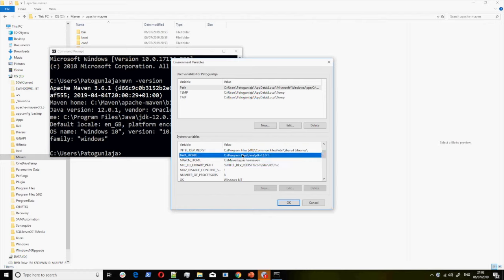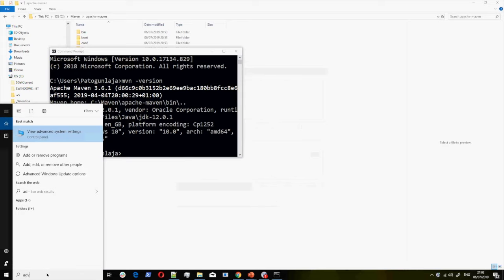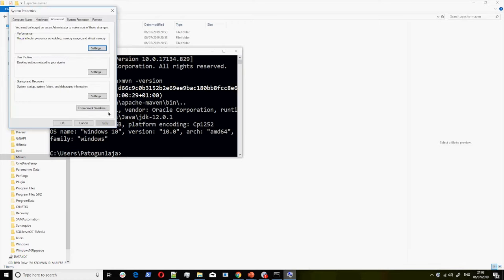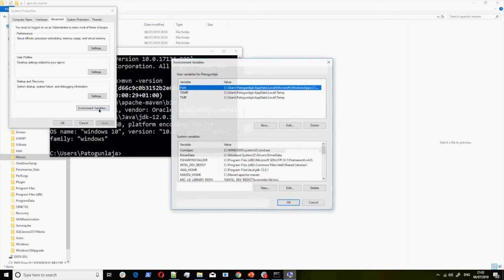There are also some applications that you might have installed that need Java home. Some of them would automatically install Java home for you or set it up for you as a system variable. So you need to look into that. What I'm going to do is delete that. As you can see, I'm not able to. So I'm going to go back right now and use the advanced settings. So I'll go to advanced settings from here. Then that gives me the edit privilege,